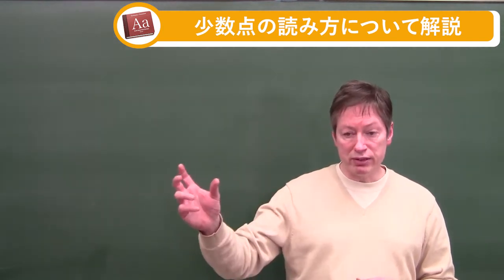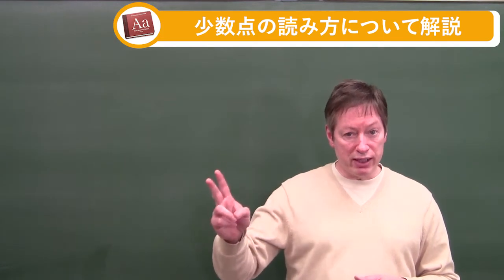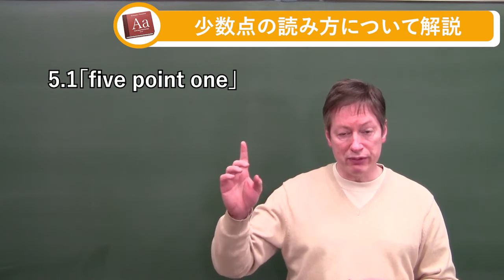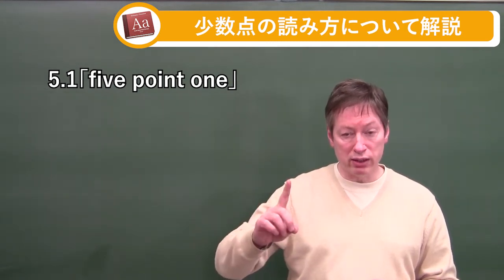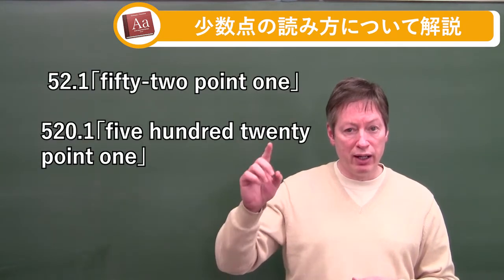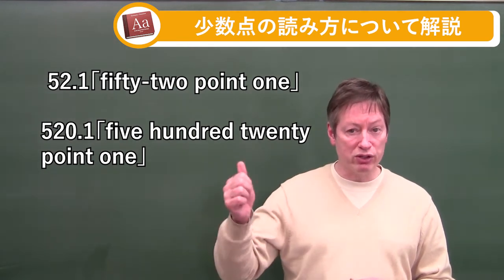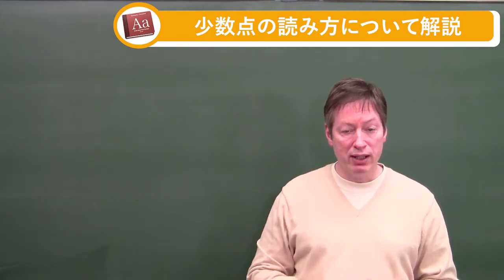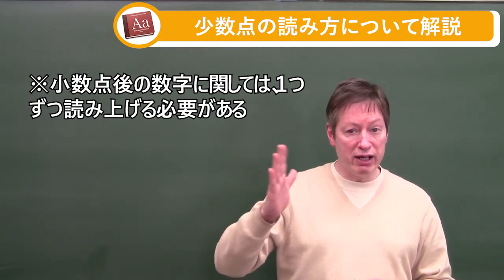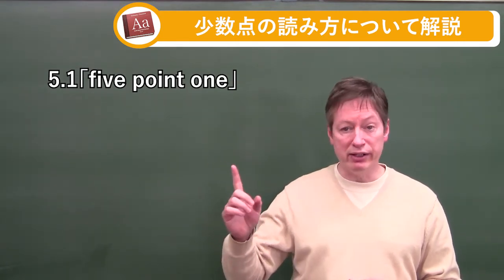So when you have numbers and a decimal point and numbers that follow, the first numbers are read as is. What I mean as is, if I have the number 5.1, like here, 5.1. Now if I have the number 52.1, that's fine. Or 520.1, and that's fine. Now the numbers that follow the decimal point have to be read individually. So I have my 5.1, the next one here,